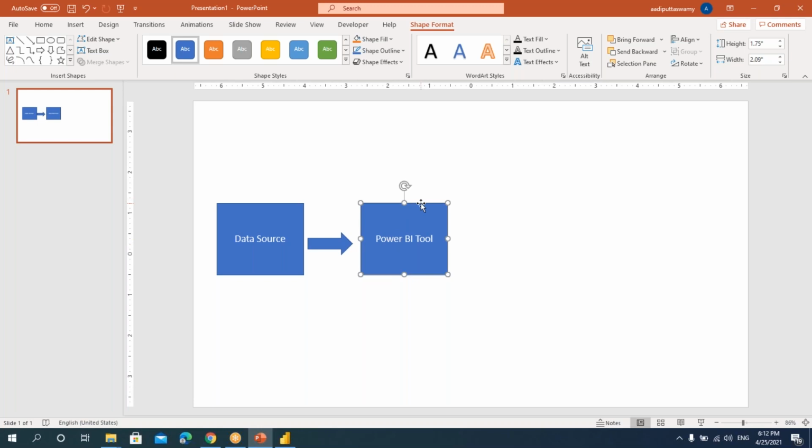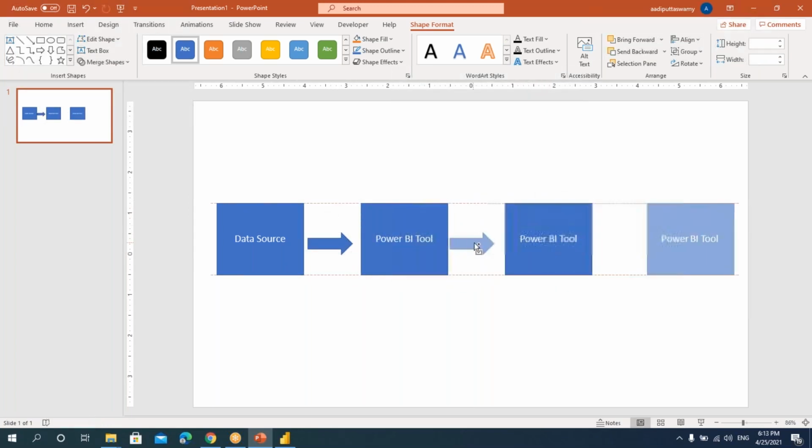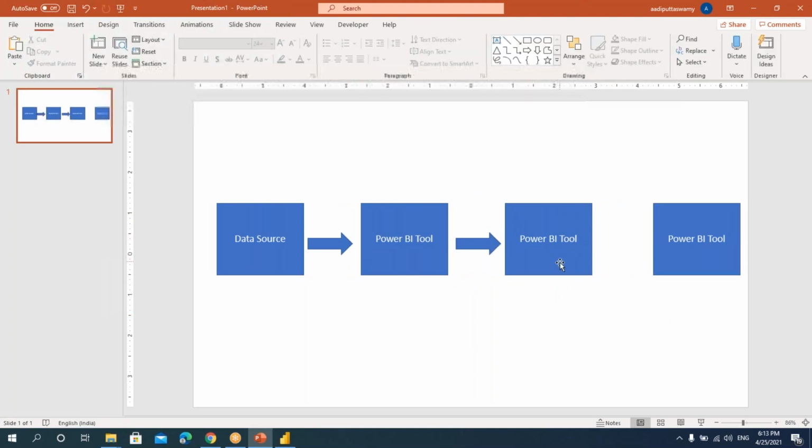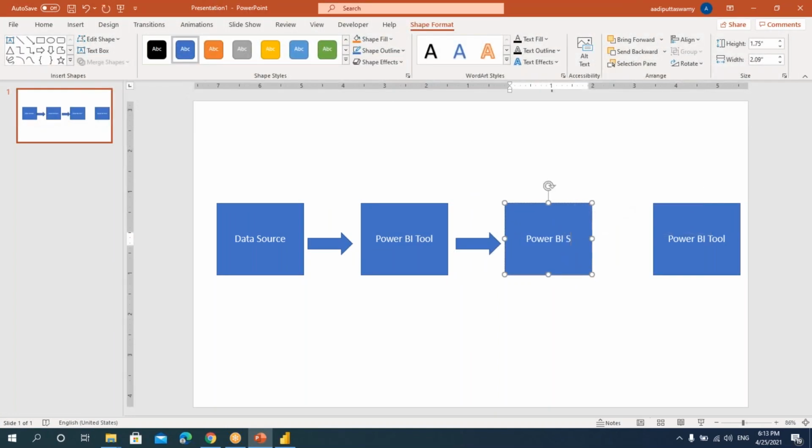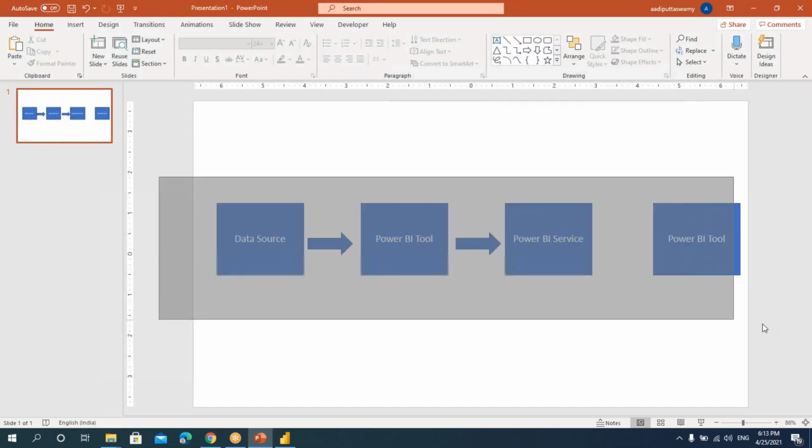Then what we have to do, we have to publish this. So when I say publish, that means here we need to have some Power BI service. So after this, we'll have something called as Power BI service. I'm just giving you some overall picture of the architecture, that's all.